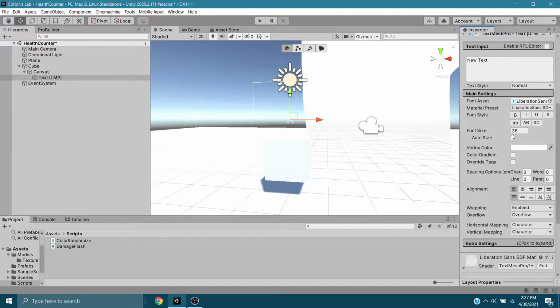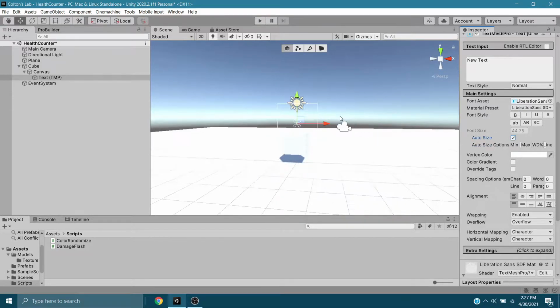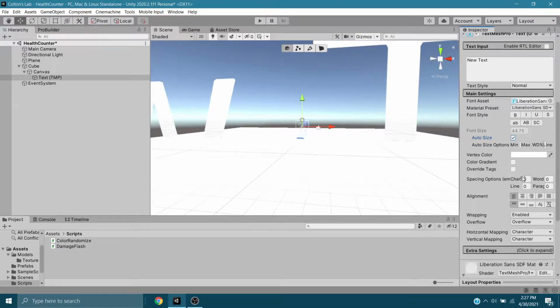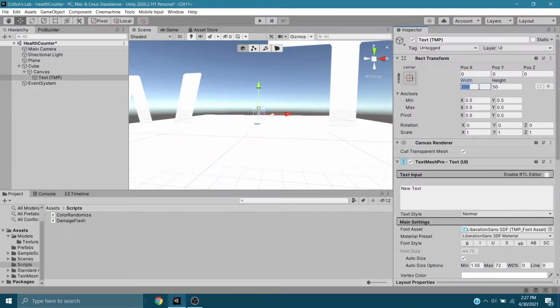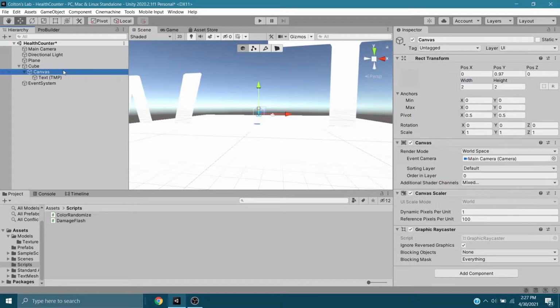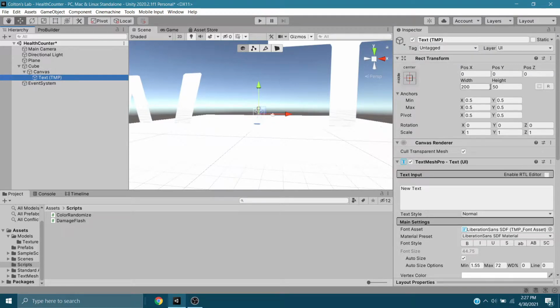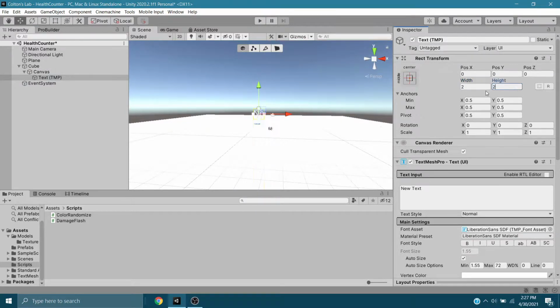That's because the text here is not properly set. It's set as 36. You can auto size it, and it'll give you a minimum size and a maximum size to use. But it is still too big. So what we're going to do is scale this down until we get to a size you want to use, which for us is going to be really small. This rect transform itself is set way too big for what the actual canvas is, so we need to scale this down as well. Set this 2x2,